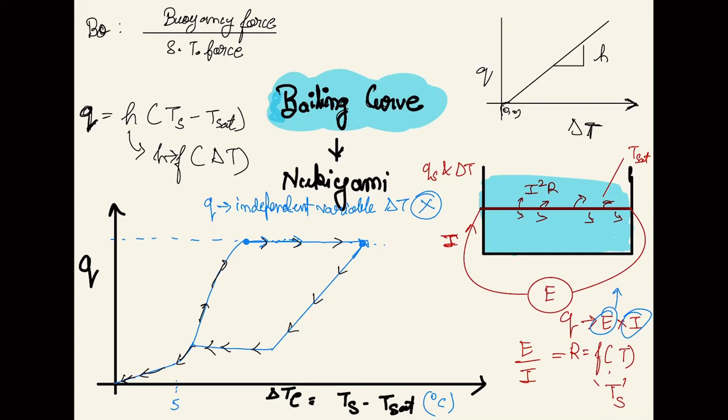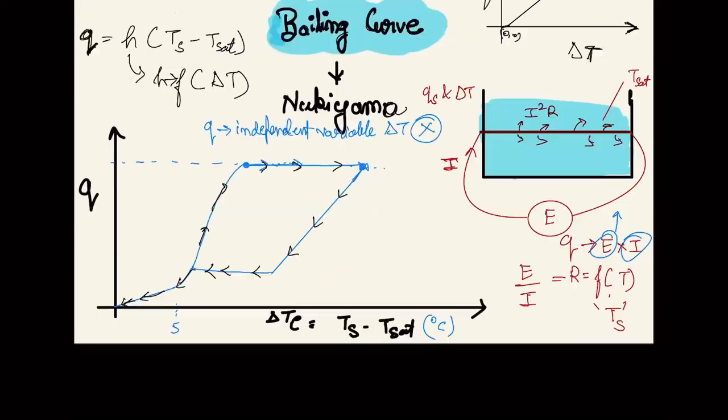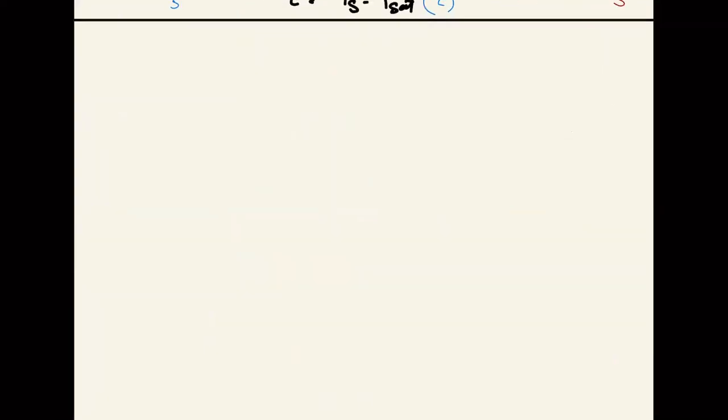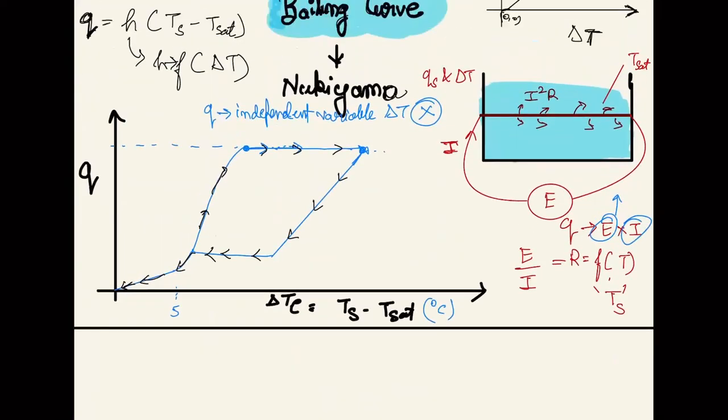Is this particular experiment and his observations clear? Is Nukiyama's experiment and observations clear to you? Sorry, Nukiyama. His name is Nukiyama. I'm very sorry. Nukiyama. Saiker and Kaushik, any doubts? Okay.